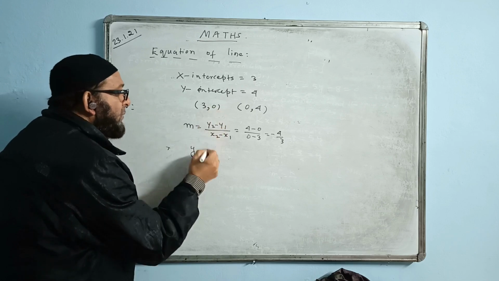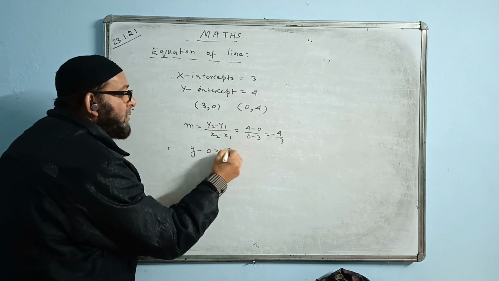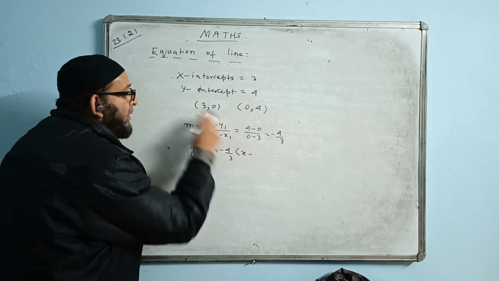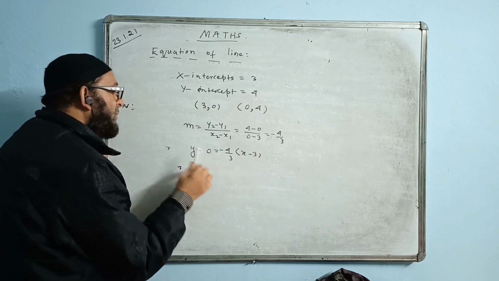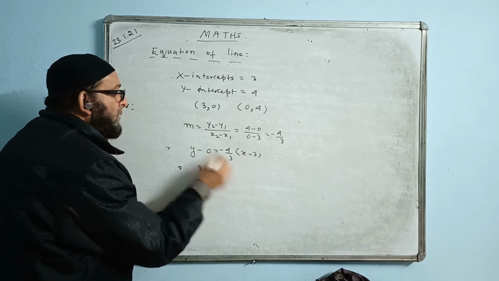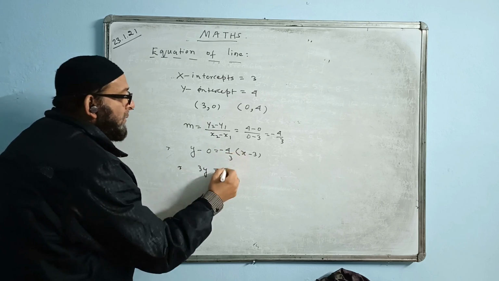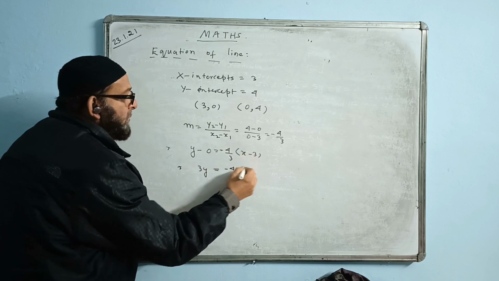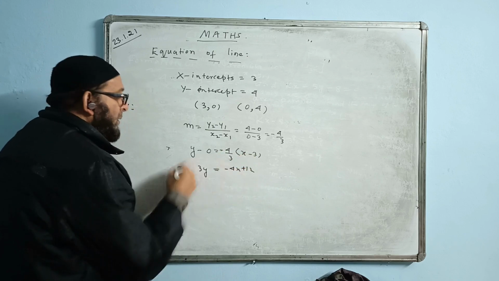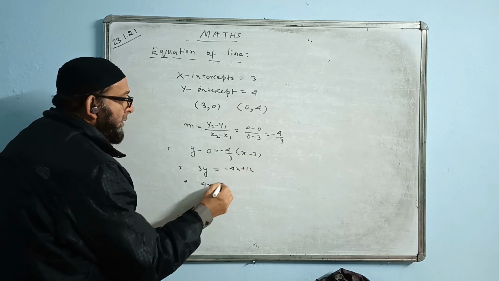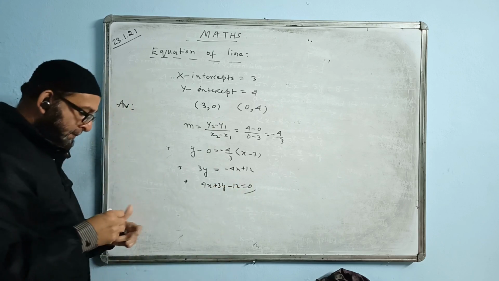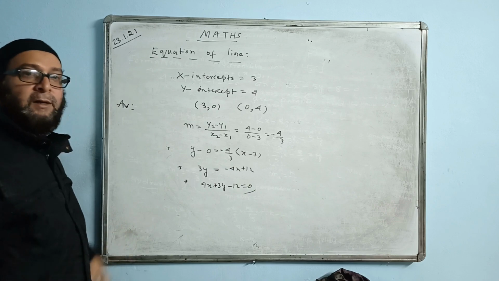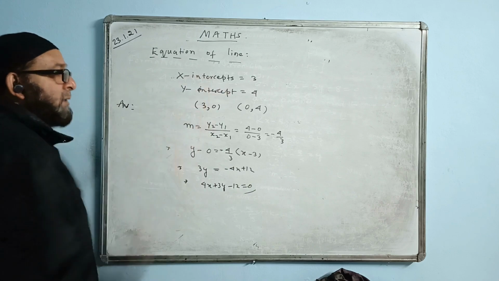y minus y1, y1 is 0, m value is minus 4 by 3, x minus x1, x1 is 3. I cross multiply: 3 into this becomes 3y, 3 into 0 we can leave it, multiply with minus 4x plus 12. Coming to this side, 4x plus 3y minus 12 equal to 0. So when x-intercept and y-intercept are given, we change that into points and then